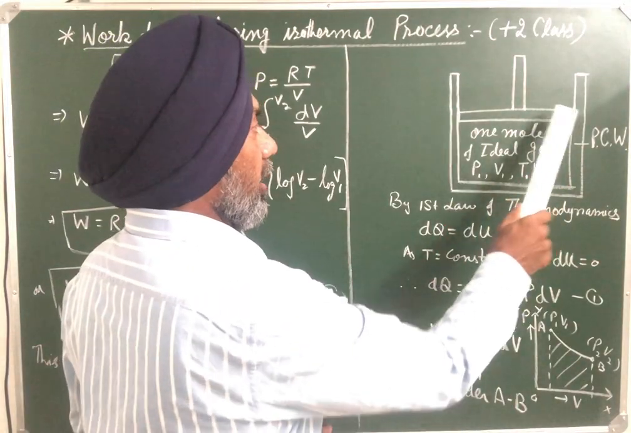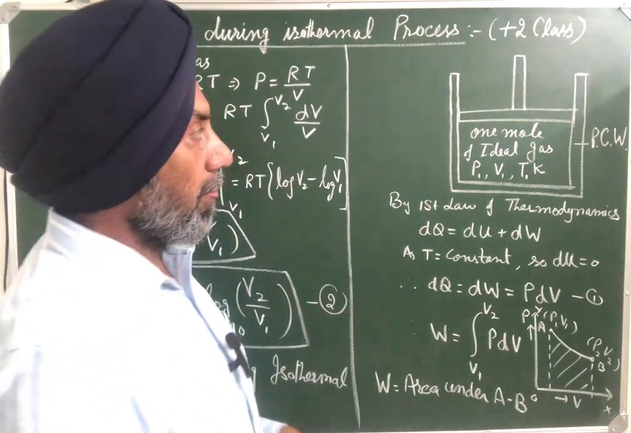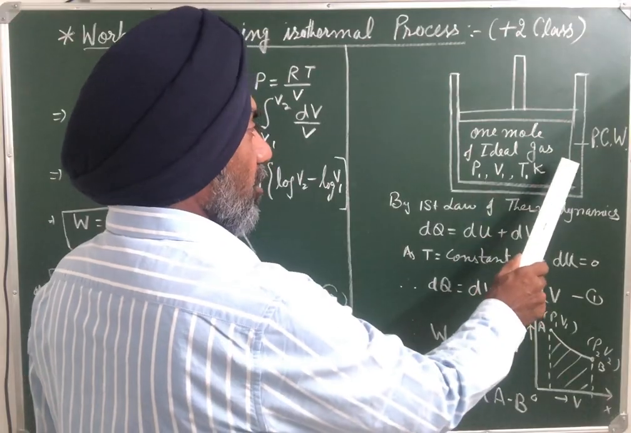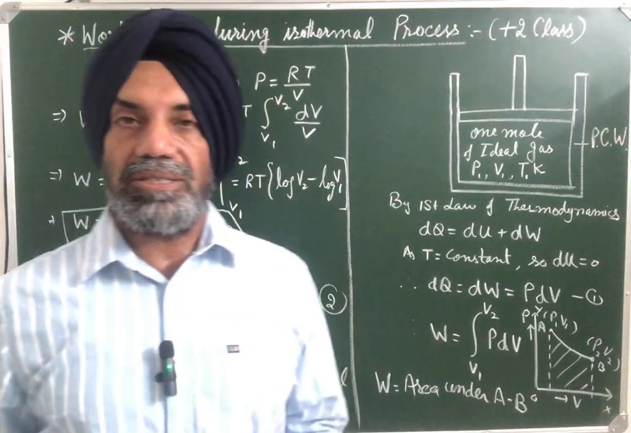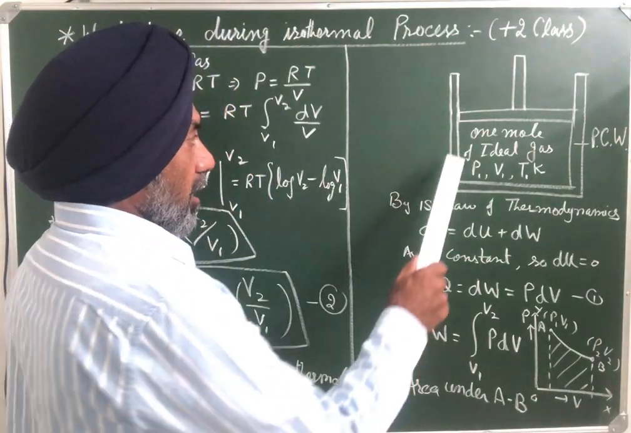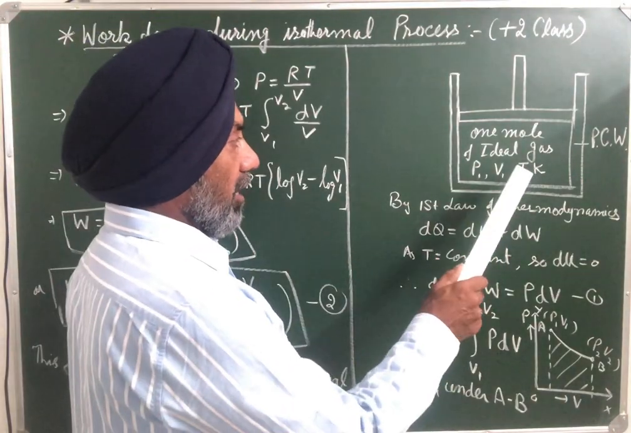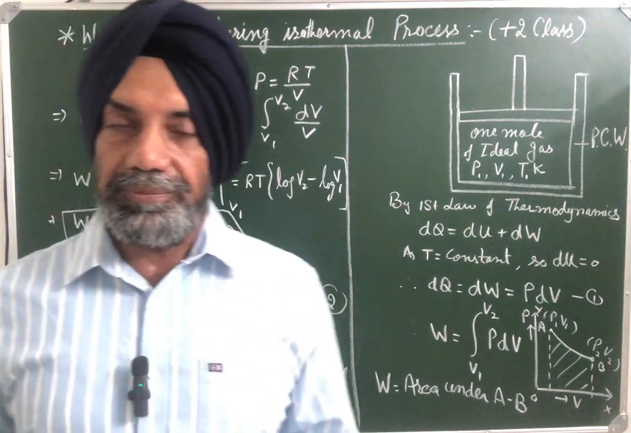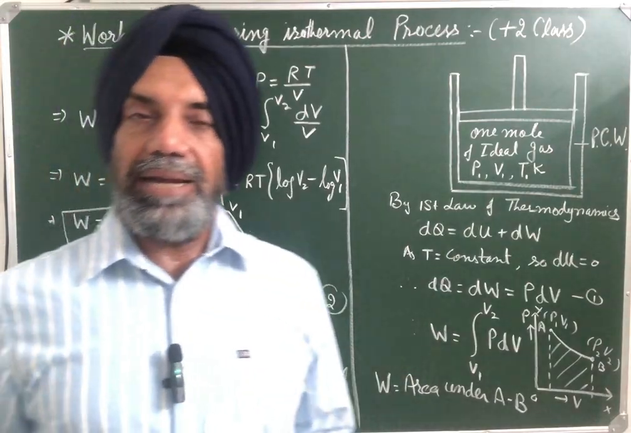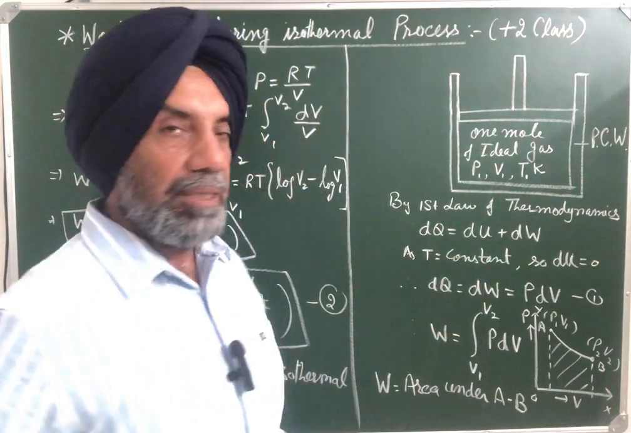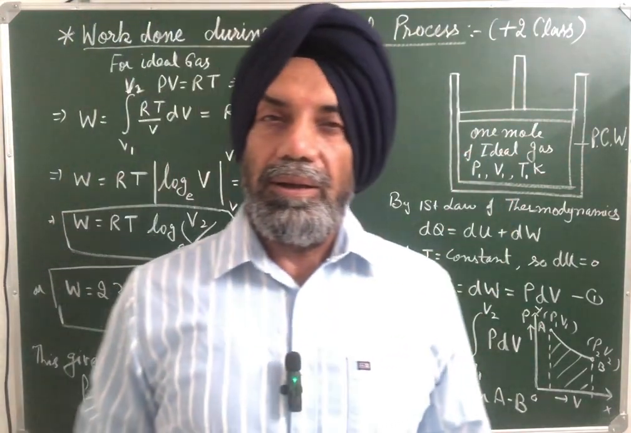and a perfectly conducting frictionless piston. Why perfectly conducting? Because heat can flow from the gas into the surrounding or from the surrounding into the gas. Containing 1 mole of an ideal gas at initial pressure P1, volume V1, temperature T1 Kelvin. Now when the gas is allowed to expand by giving some heat to the system or it is compressed, work has